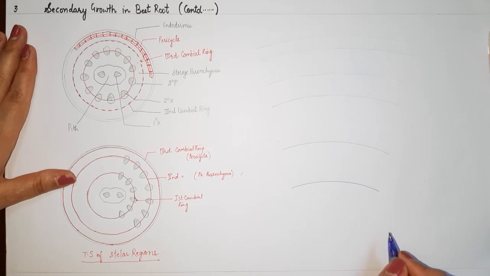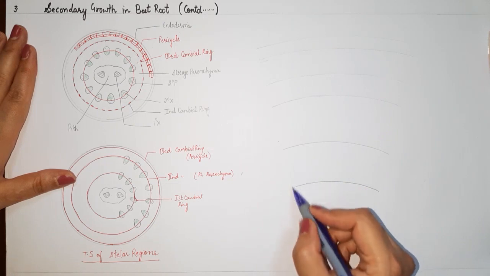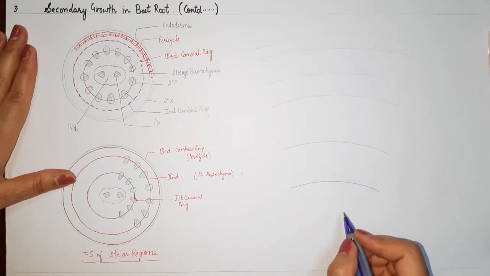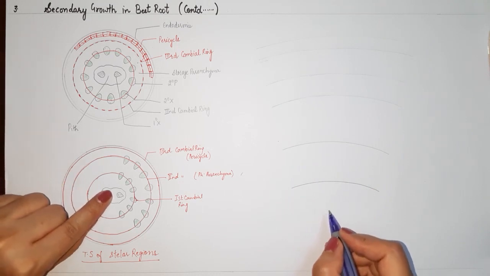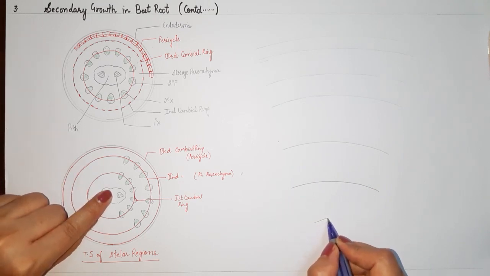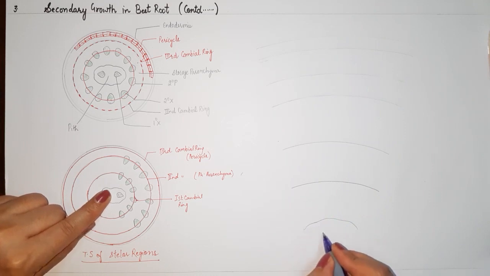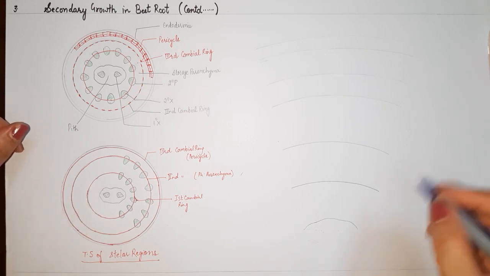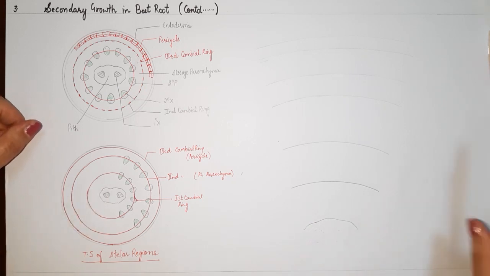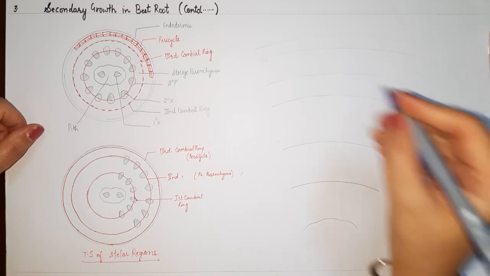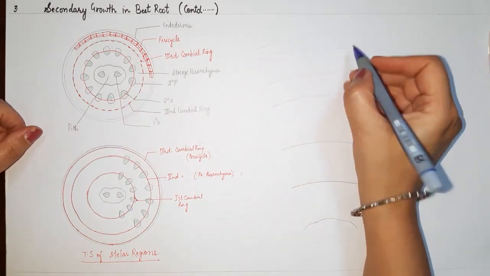Okay, and in the center, because along this we will have vascular bundles which are going to meet this line, so here we will draw one irregular line in between, and in this region there will be present the primary xylem elements. Okay, so this is the outline of how we are going to draw it. So the outermost layer is bark, and in between we have lenticels.